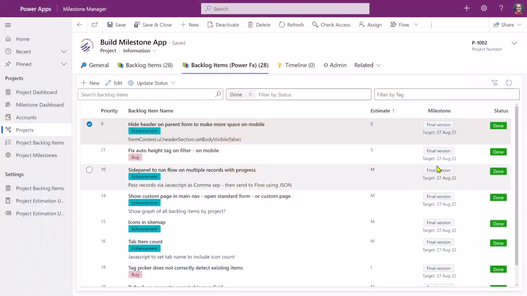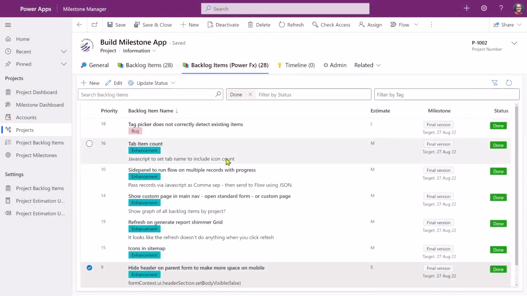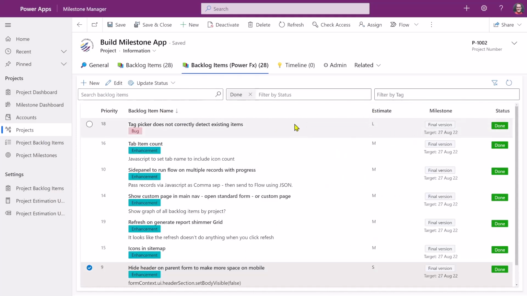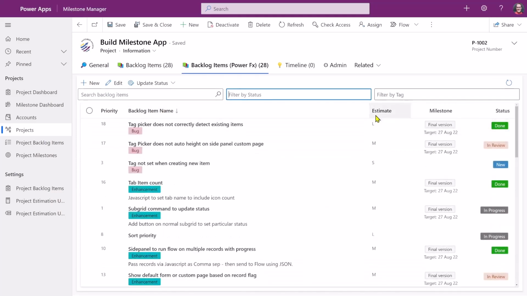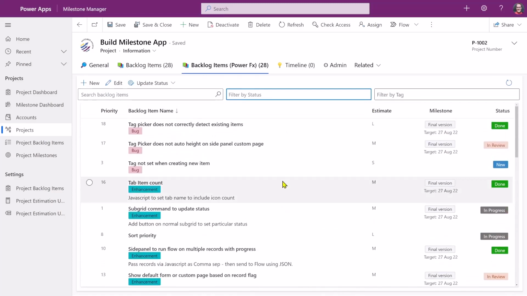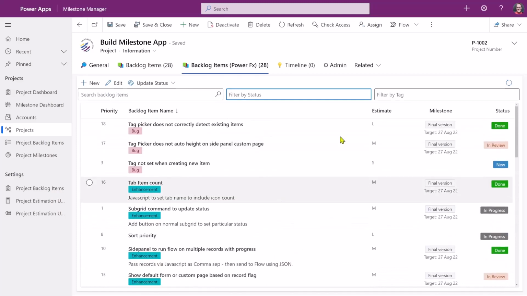If we go back and take a look at the app, you can see that we've got this grid here, which you can scroll up and down in and do all of the sorting, and you can also resize. These are the kind of things that would be very difficult to implement if you were doing this using standard Canvas components. Also, it's very performant because it's using a native React component rather than the much higher level constructs that you get in a Canvas app.